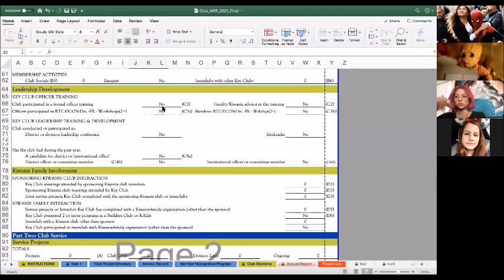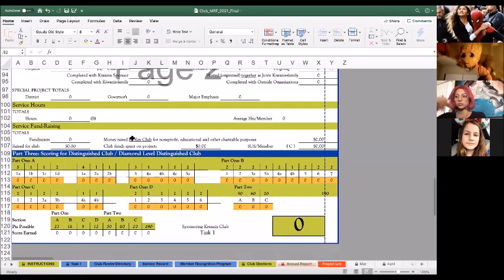The AAR tab, my favorite tab. Basically, we use the AAR tab to recognize if your club has gone above and beyond on the district or international level. So it could be distinguished or diamond distinguished. You just fill it in, and most of it is automatic based on your monthly tabs and other tabs that you filled out. You'll usually complete this by the end of the term or by February.